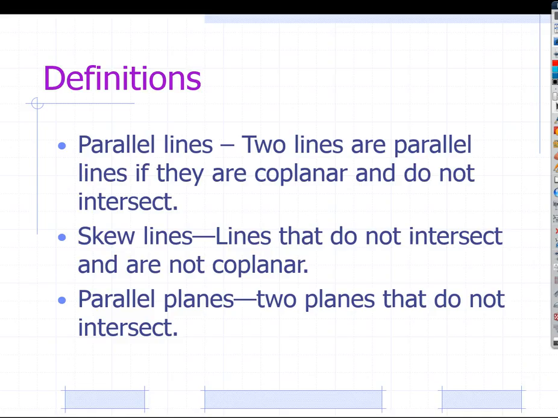Skew lines. Skew lines are lines that never intersect, but are not parallel. And then parallel planes. We even mentioned this before. What are parallel planes? Give me an example in the room of parallel planes. Good. Ceiling and floor, left and right wall, front and back wall, etc. Those are pieces of planes that are parallel, planes that never intersect. They're always the same distance apart.